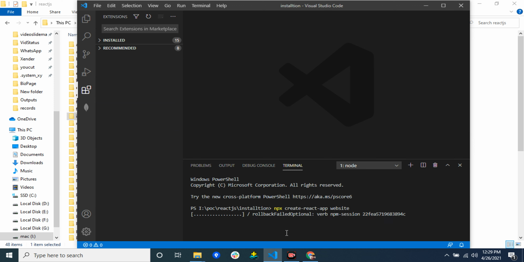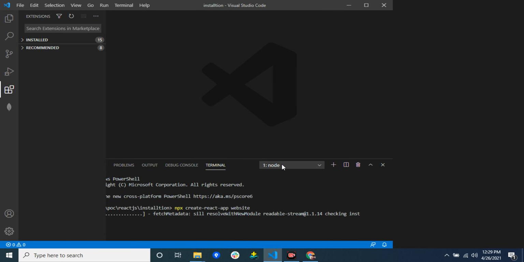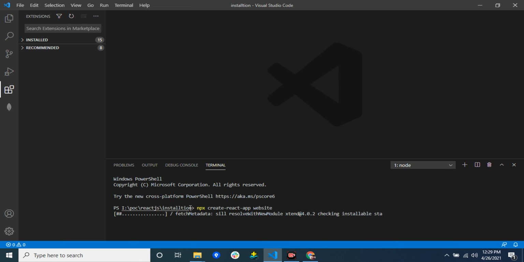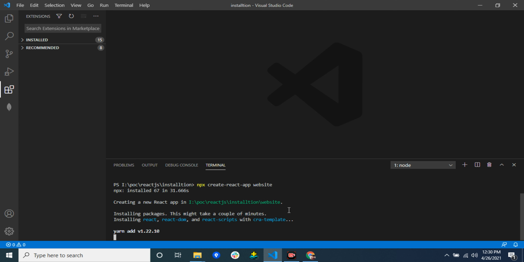So let's see what exactly happens. Simply use npx, not npm. When you install any package, then you use npm, but first, to create the project in React, you must use npx create-react-app and your app name, any name you like.